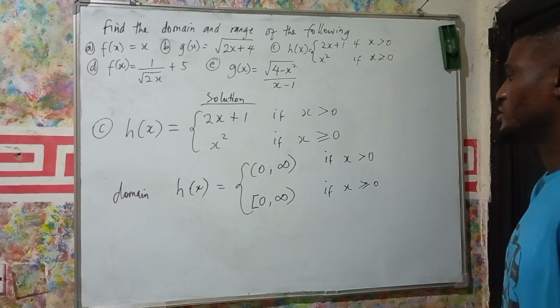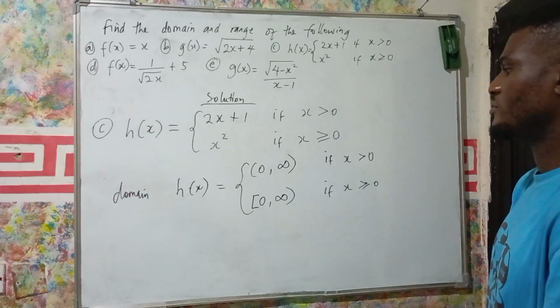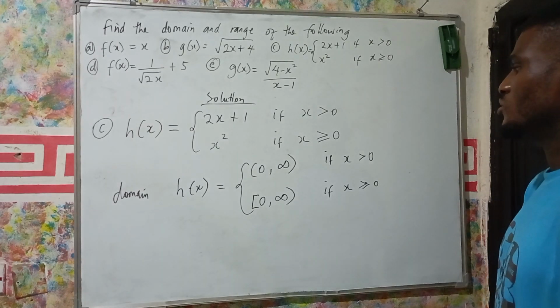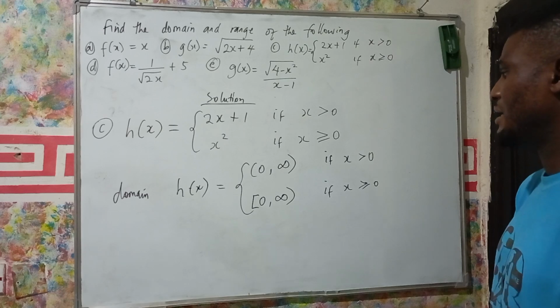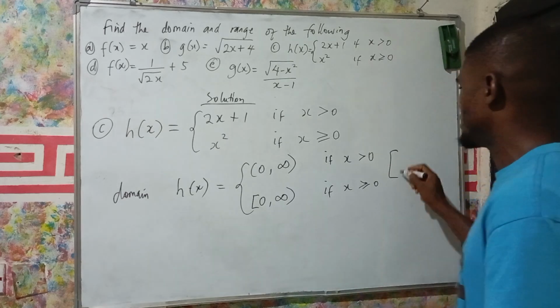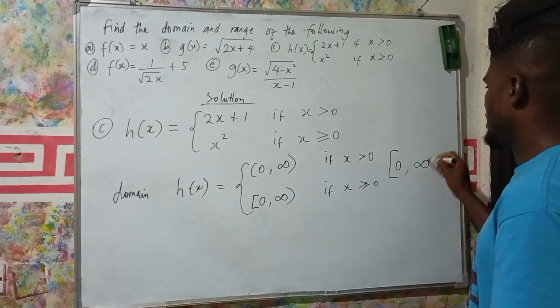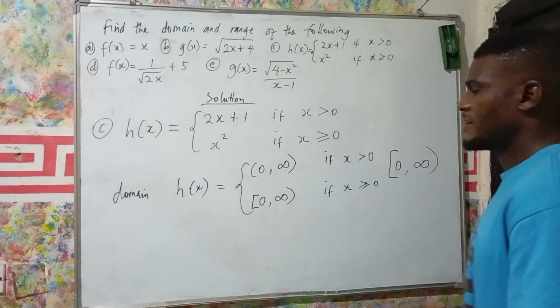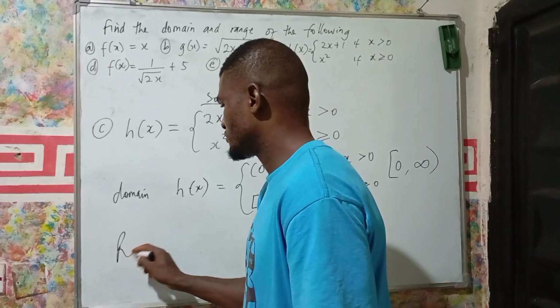So those are the ranges that we have. The domain that we have. The domain is between 0 and infinity. So we can say that the domain there is between 0 and infinity. Alright? And then for range,